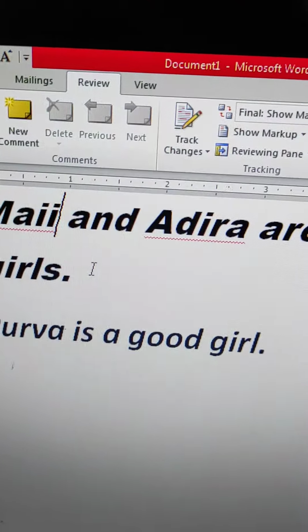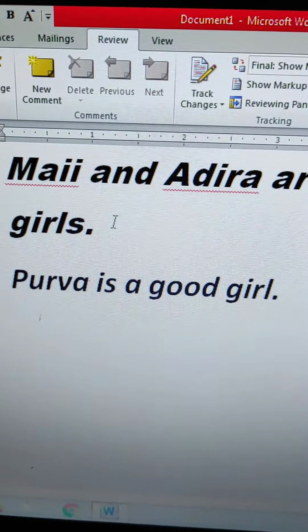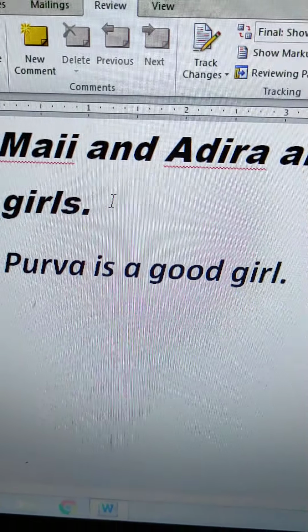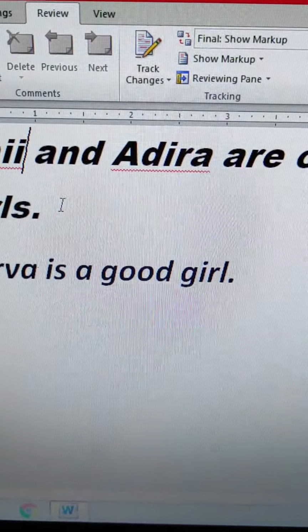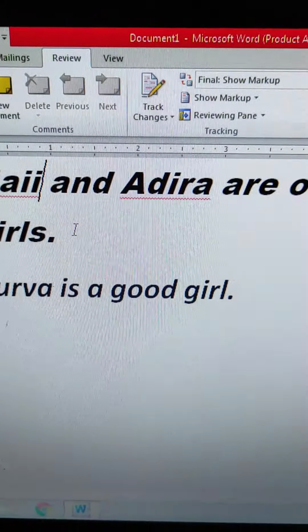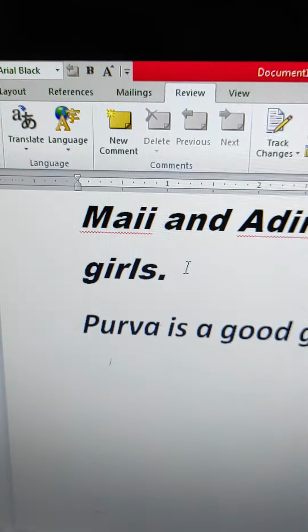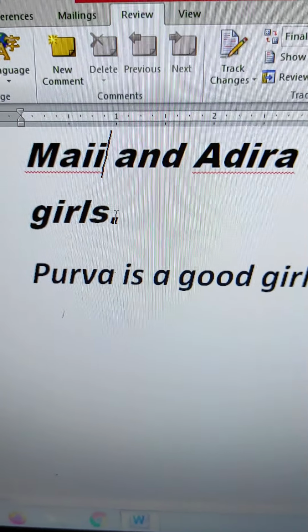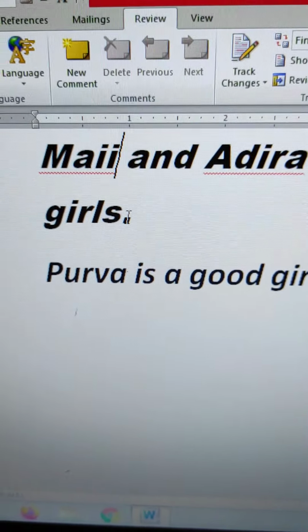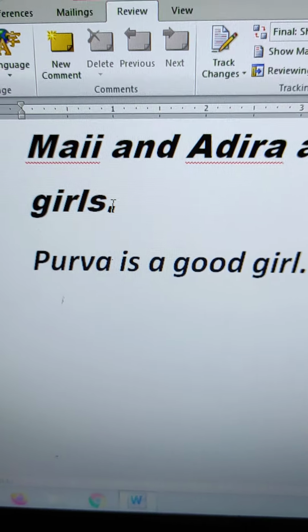Okay, now this name is not in the dictionary. Generally proper nouns like your name are not present in the MS Word dictionary. So MS Word will mark your name as a spelling error. You can see here two names are there and it is showing the error in the document. To avoid this problem, you can add the names to your dictionary.